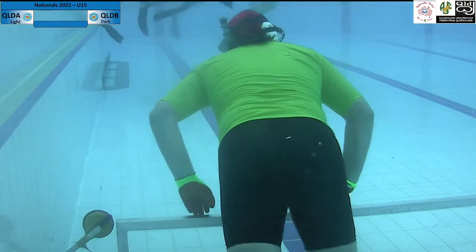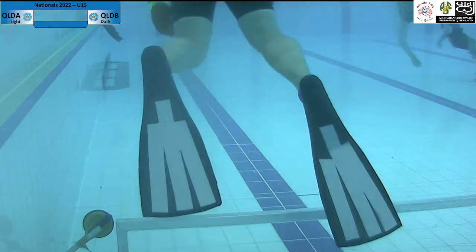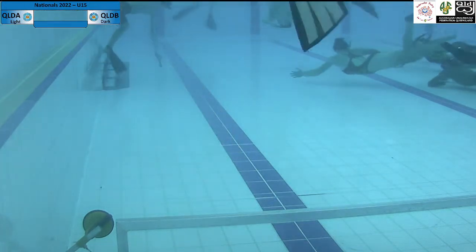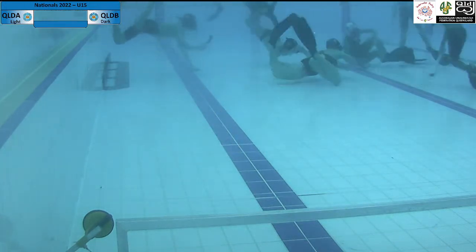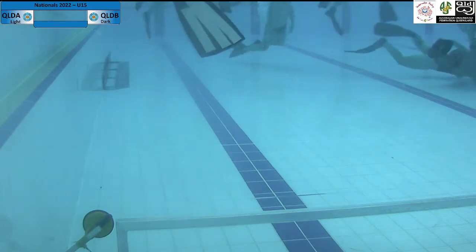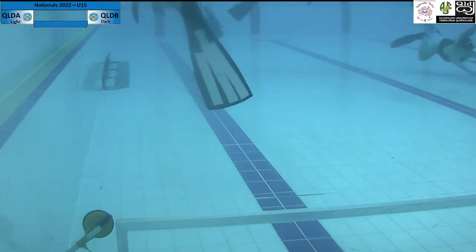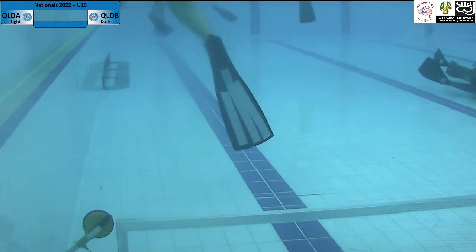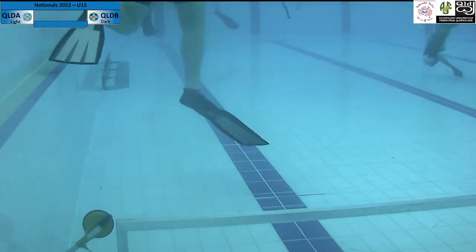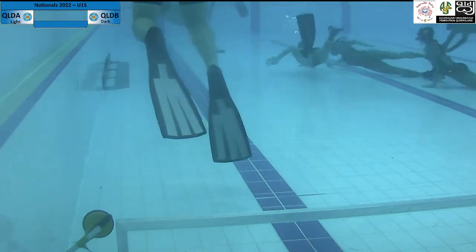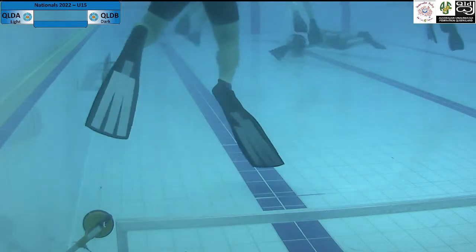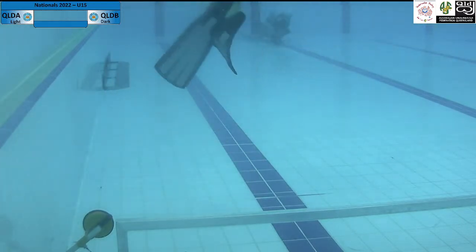Sorry, parents at home, for getting on late. Had some things to sort out before I could jump in the commentary box. But this is the semi-final between the Queensland B and Queensland A under 15s, and it's neck and neck, 0-all. Apologies, we can't get the scoreboard up on the overlay on YouTube, but it is 0-all in the first half.